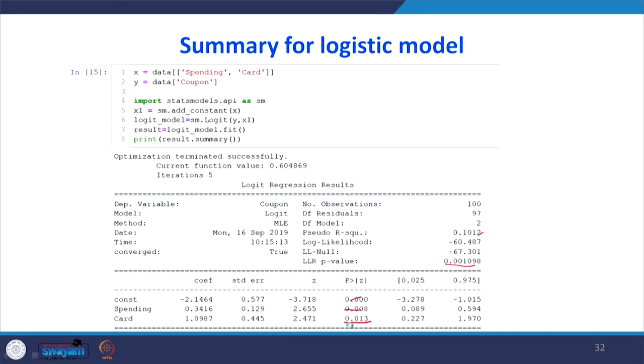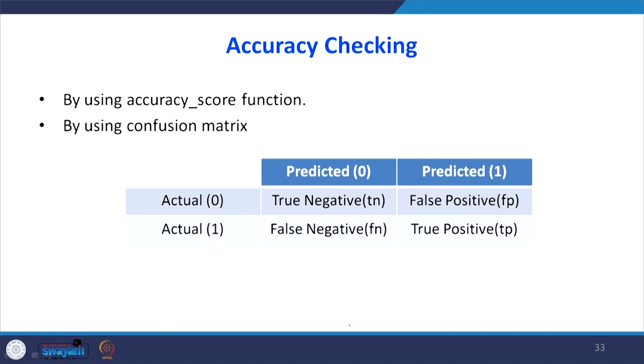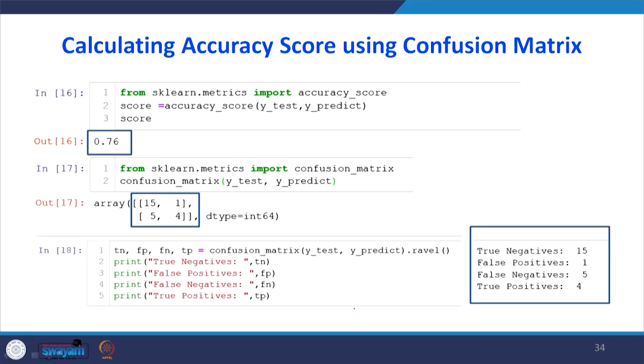So, after getting this model we have predicted some portions as 1. First we will go for checking the accuracy. There are 4 possibilities. The actual is 0, predicted 0, it is a true negative. Actual is 1, predicted is 1, it is a true positive. Actual is 0, the predicted is 1, it is a false positive. Actual is 1, predicted is 0, that is the false negative. That table is the base for the confusion matrix.